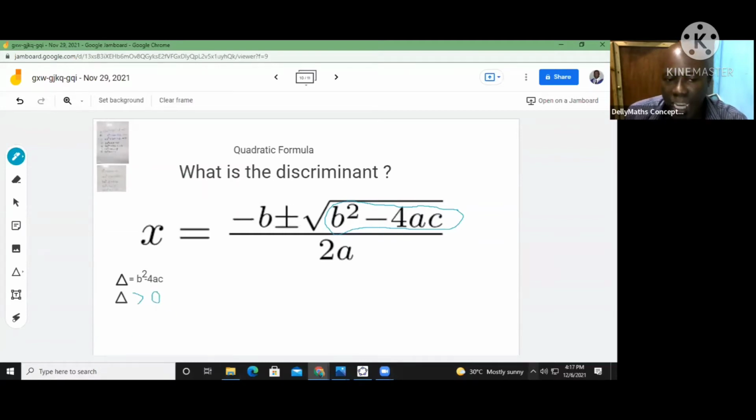It has a meaning. When you work out under here and it's greater than 0, something is going to happen. It means that we have two distinct